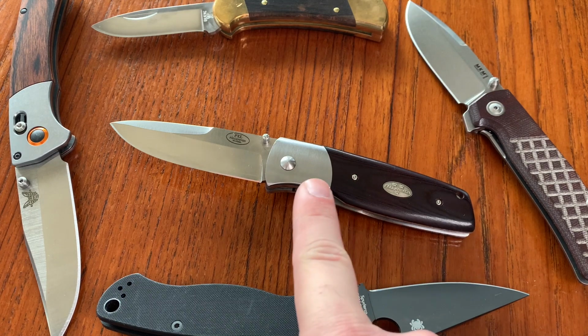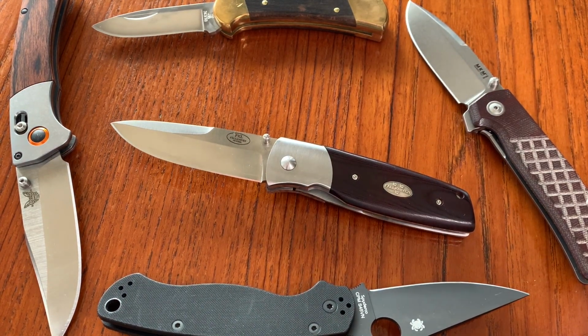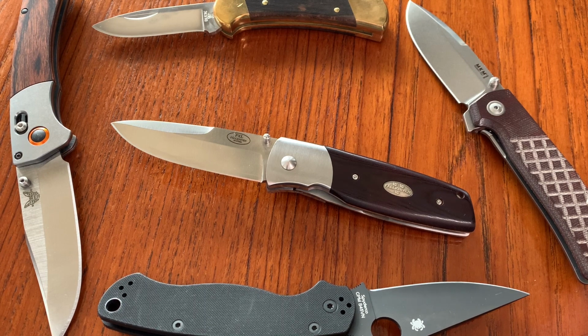I know that I didn't pay that much for it. It wasn't cheap though when I got it. And I got it actually as sort of a treat for myself. I had given away the sort of most valuable knife that I owned. A good friend of mine is in the military, and he was going off on his first tour of what became several tours. And I gave him my Microtech LLC, my Lightfoot